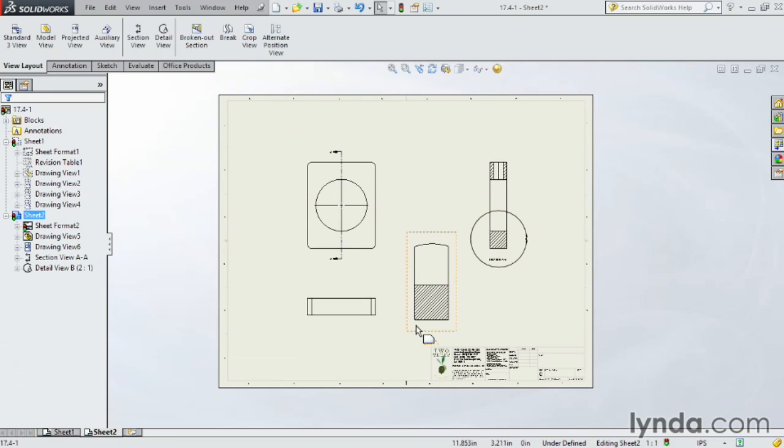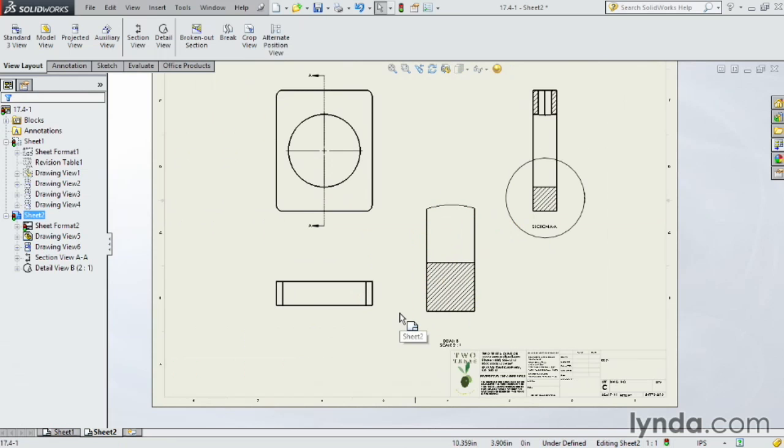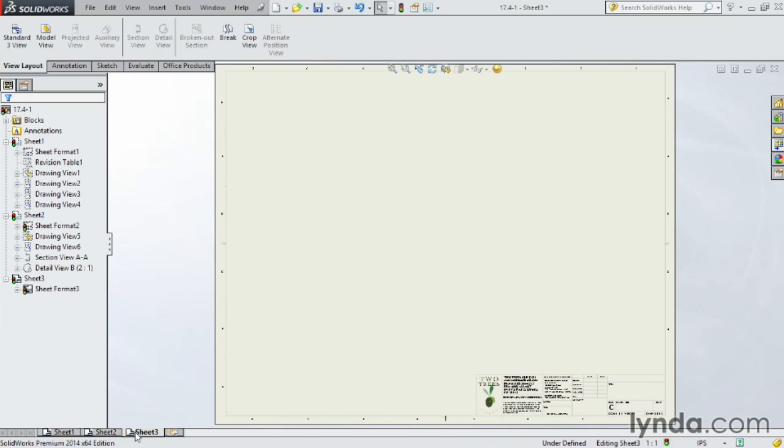Click OK. One other thing we might want to do when we're making drawings is send these files out, for instance, to laser cutting or water jet cutting or to machining or something like that. We're going to send files to vendors. One of the most common ones is going to be sending a DXF or DWG flat pattern to be cut. You can add that individually from the part itself, or you can come over here, click on New, go to